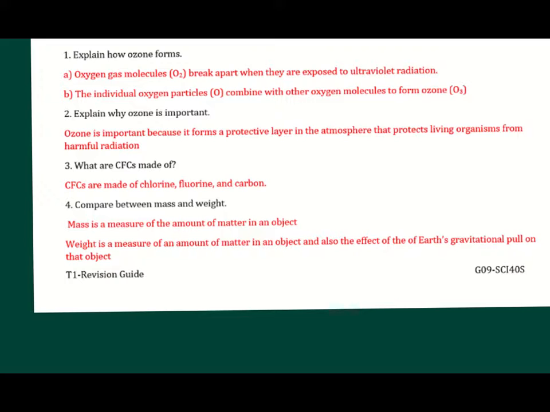Explain how ozone forms. You know, girls, that ozone is O3. It's made of 3 oxygen atoms. Oxygen in the atmosphere is made of 2 oxygen atoms, which is O2. The molecules of O2 will break apart by ultraviolet light into 2 separate, individual oxygen atoms. So it's going to give 2 O. Each one of the O binds with another O2, which is another oxygen molecule, to form O3, which is the ozone